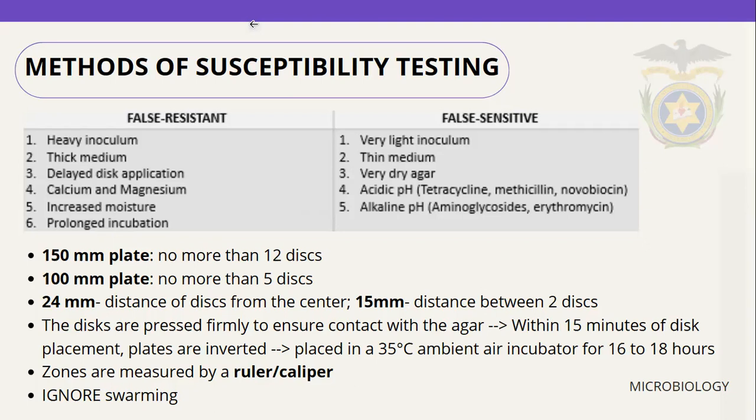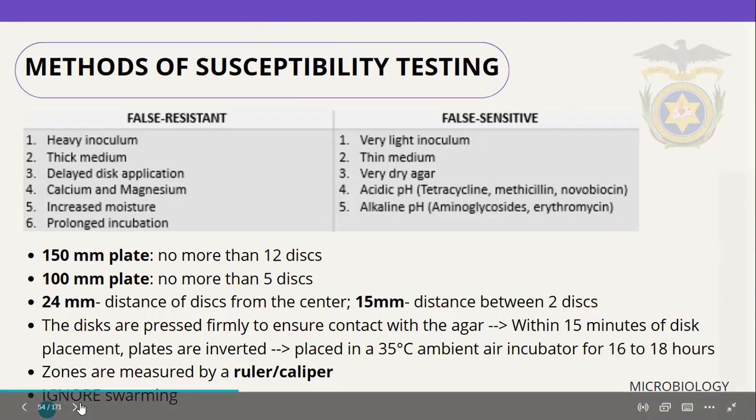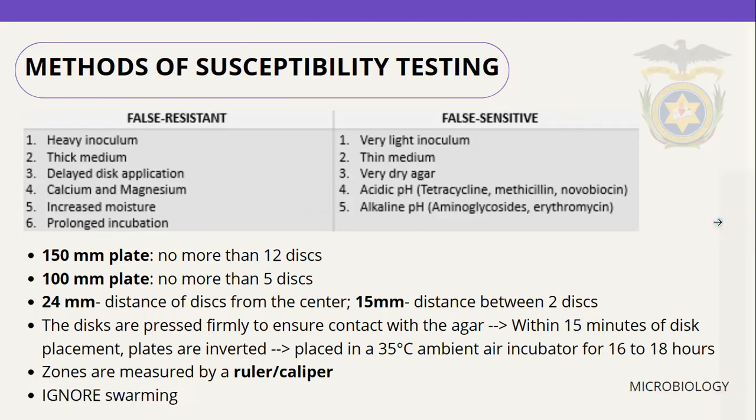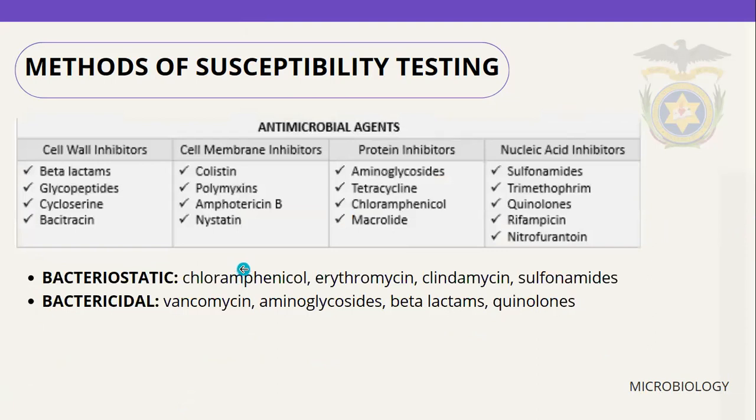So we use a ruler or caliper to measure the zone of inhibition, and we always ignore swarming. Always remember this one, to ignore swarming when we are measuring the zone of inhibition for antimicrobial susceptibility testing. So for the last one of our part one, I have listed some of the antimicrobial